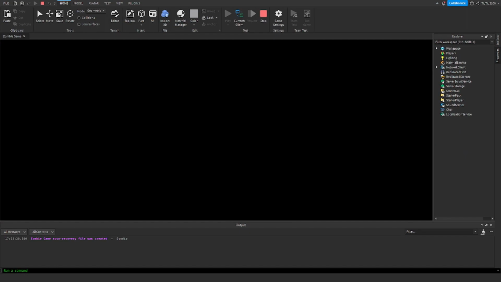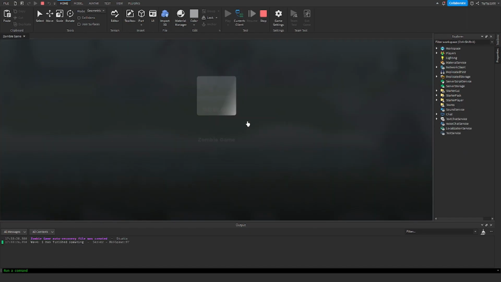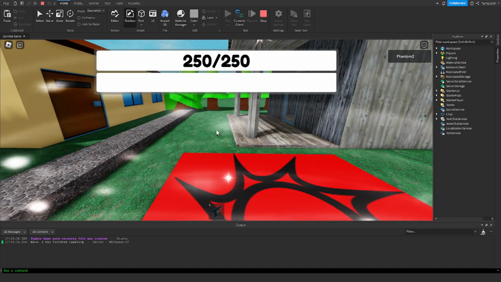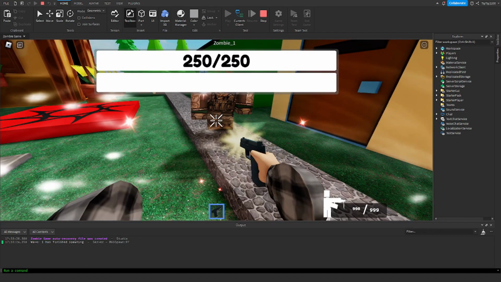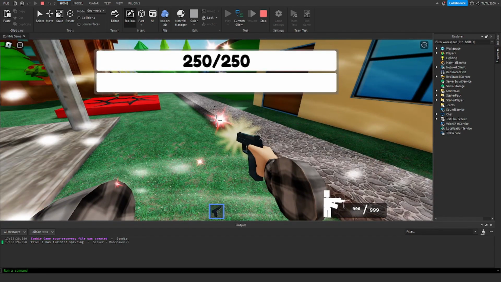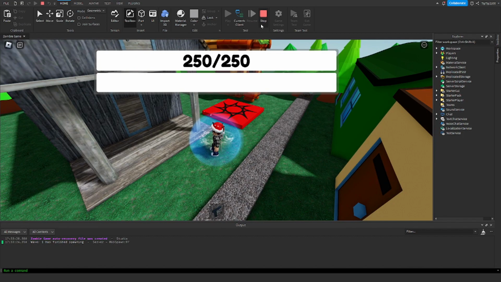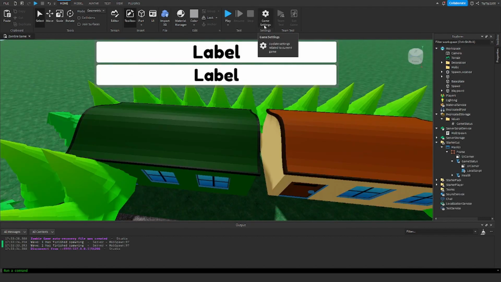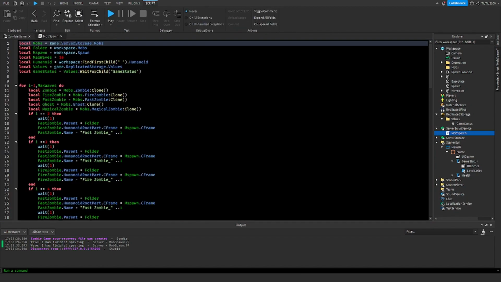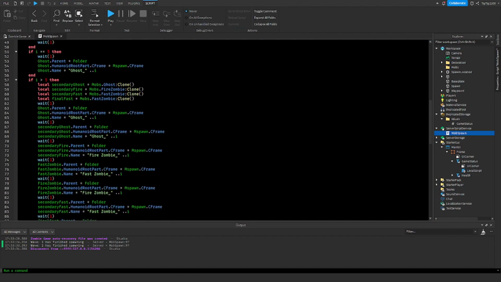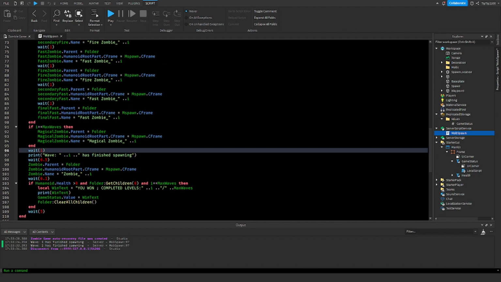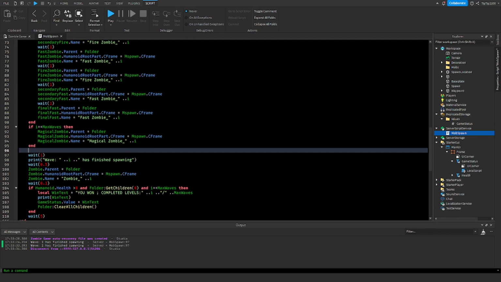So if I go ahead and play here, the game status is nothing, as you can see. It doesn't say anything. So we're gonna head back to our mob spawn script, and over here where there's the wait 1 right above the print wave has finished spawning, above that we want to put game status